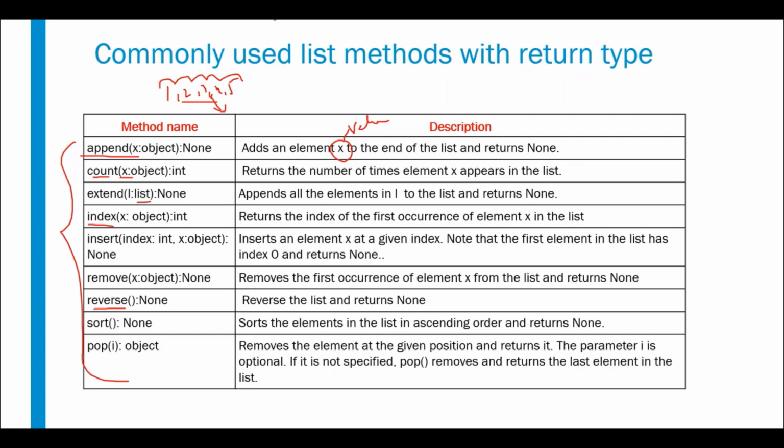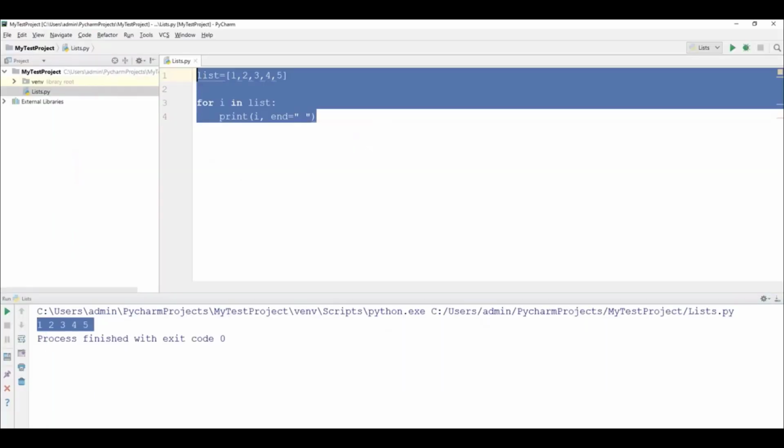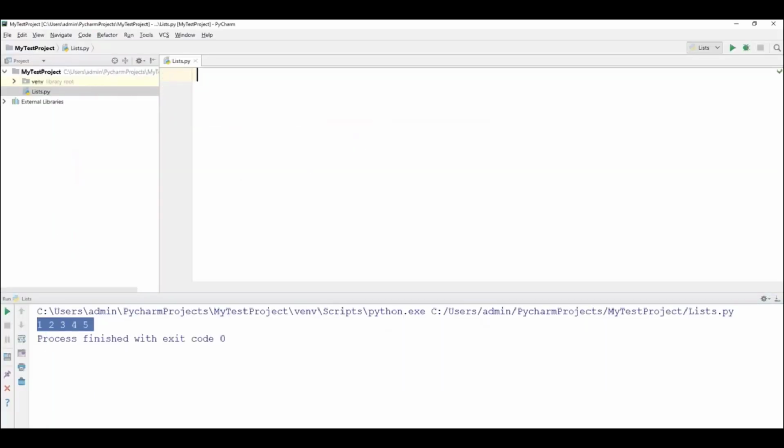Now I'll show you programmatically how we can use these functions. Okay, now let me go to PyCharm once again. Here I will create a list. First, list1 is a variable. In this list I will have a few values. Let's say 2, 3, 4, 1, 32, 4, some numbers, just specify.